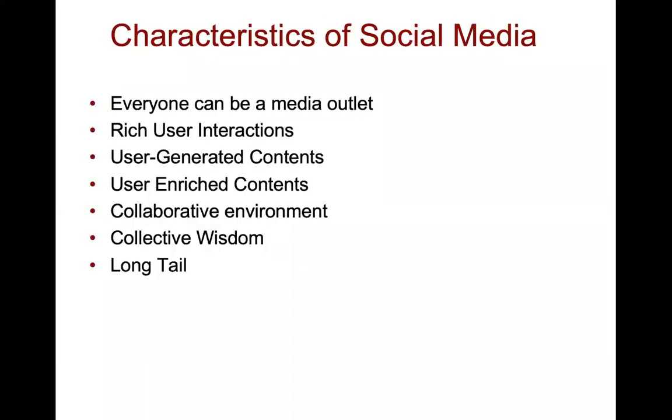So if you go into the general characteristics of social media, you could say that in social media, everybody can be a source of media outlets. So we can really have an impact. We can be social influencers on Instagram with a million followers, and whatever we say will impact a lot of people, like bloggers do. Last time it was not possible, now it is. The interactions between people are much richer than before. It's about various types of content. The content gets user generated as well, so we don't filter content prior. It goes online and everybody can see it.